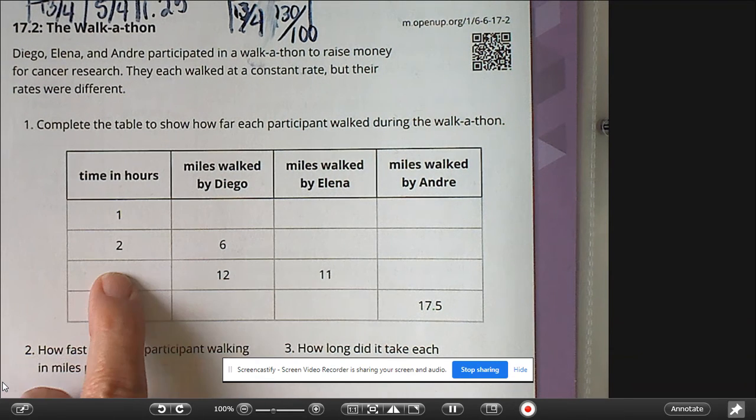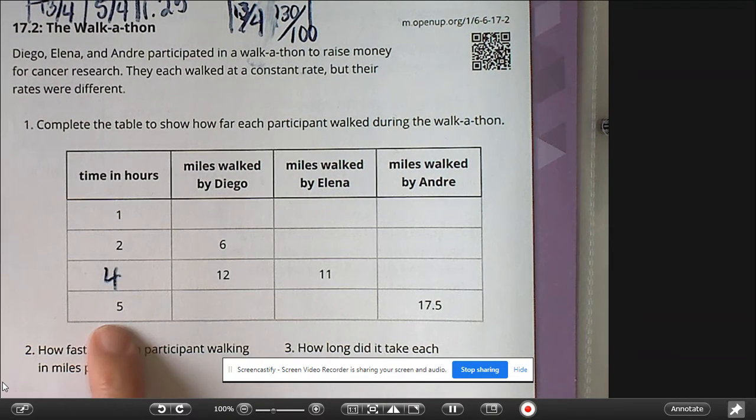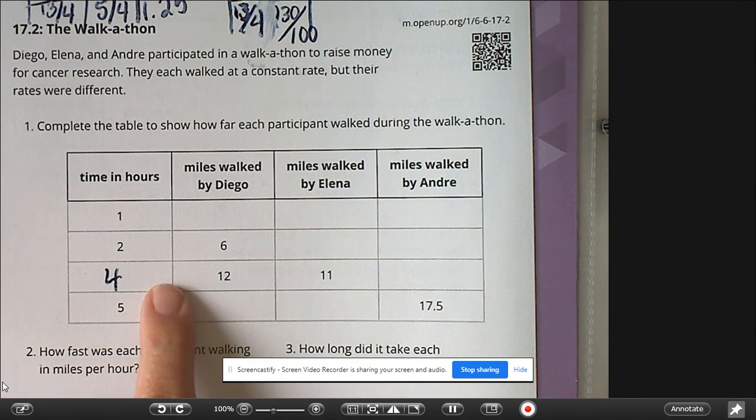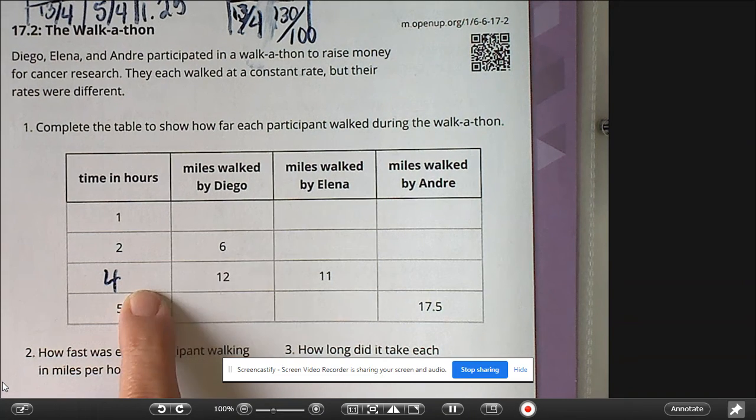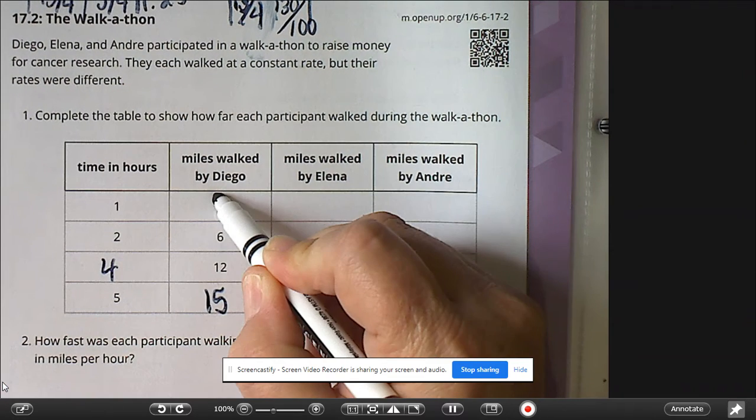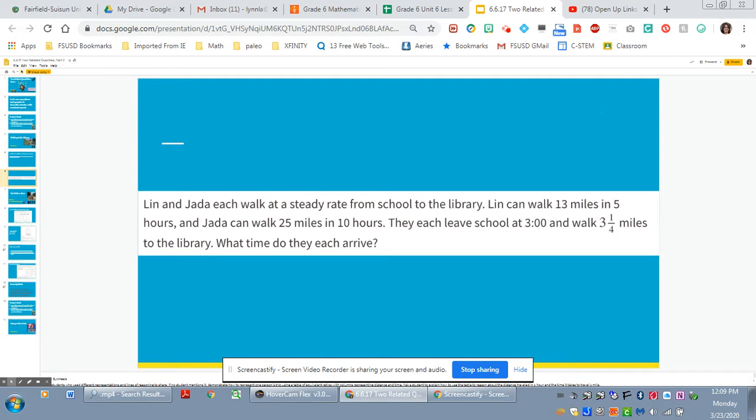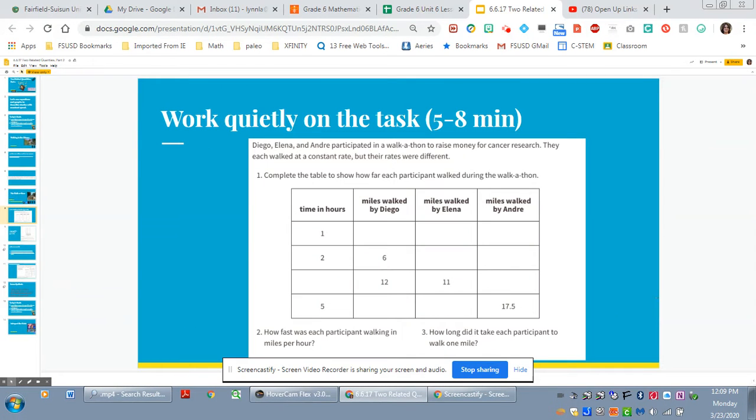And if you double that, you're going to double this. So in 4 hours, he can walk 12 miles. And if he does 5 miles, what are you multiplying by? So you're multiplying 2 by 3 to get 6, 4 by 3 to get 12, 5 times 3 is 15, and 1 times 3 is 3. So in the next section, for Elena, walked